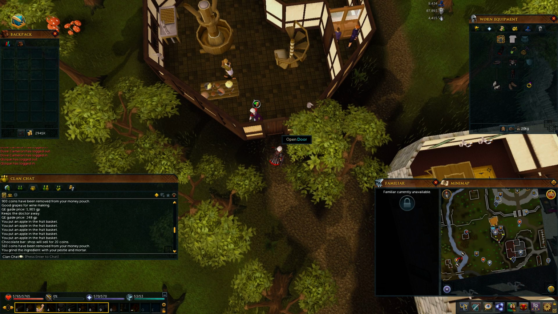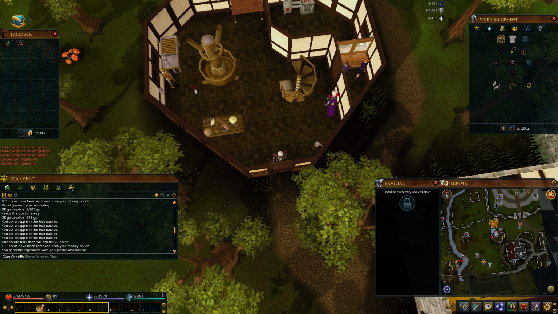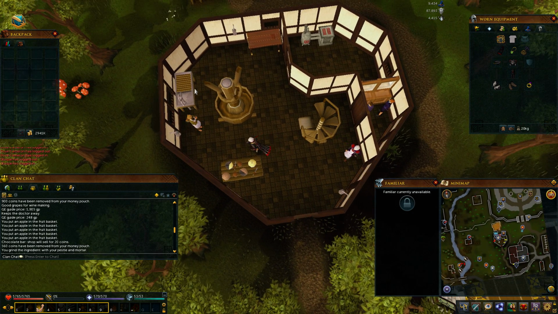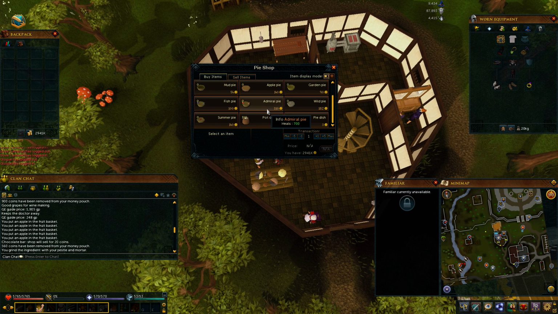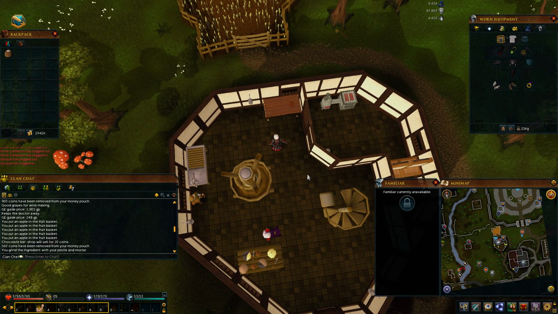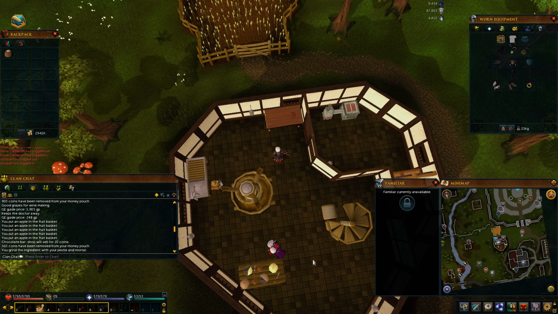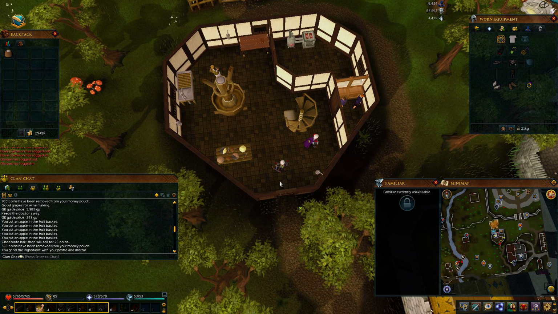So once you get in here, just open the door, and then trade this Romilly Weaklax or something, and you want to buy all of the pots of flour, and then keep in mind that they also have a chocolate bar here. On the second floor there's 2 apples, and on the third floor there's a thing of grapes and an empty